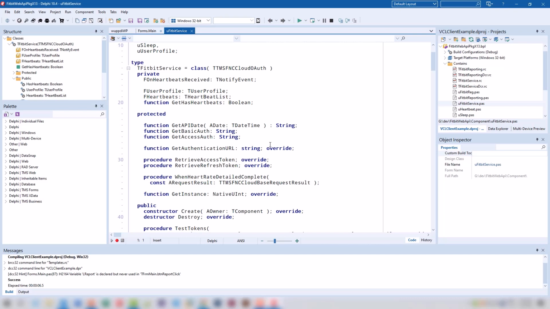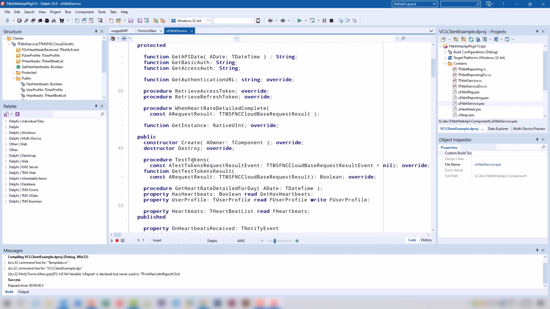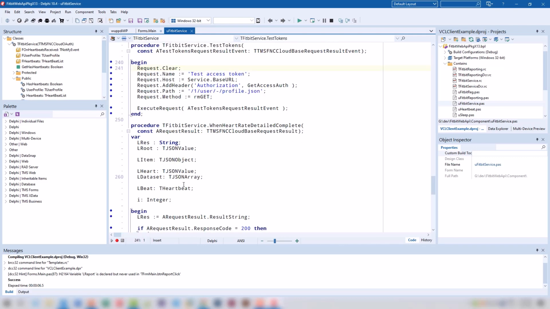But now to the final step, the testing of the token. Because right now in the implementation that I've shown in the first part of the video, we tested the token using the refresh token and it worked just fine because we did not use the refresh token functionality.